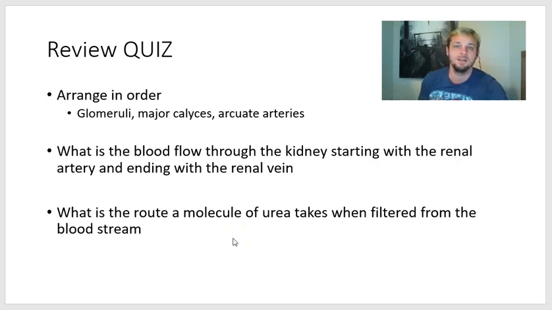And then trace the route of urea as it's filtered from the bloodstream. So if it is in your afferent arteriole, it goes to the glomerular capillaries, then it gets filtered out into the capsule, proximal convoluted tubule, loop of Henle, distal convoluted tubule, to your collecting duct. Those collecting ducts empty into the calyx, to the minor calyx, to the major calyx, to the renal pelvis, and then the renal pelvis